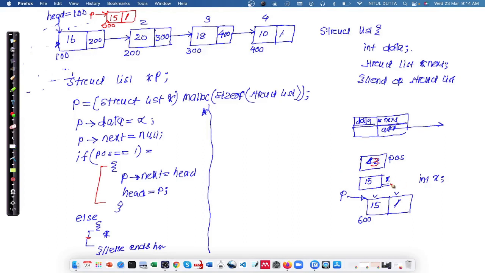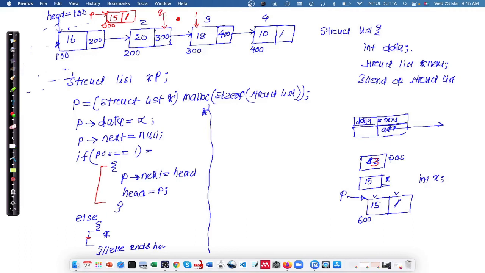Let us suppose that we want to insert the element in the third place. Second place is a bit easier, so let me understand how to insert the element in the third place. If it is third place, it will be somewhere here: first, second and third. If I want to insert the element at this place, then at least I need a pointer here or here, right? If I can have a pointer here, say this is Q,